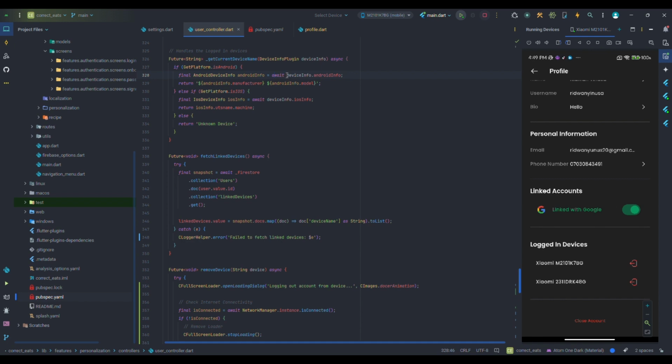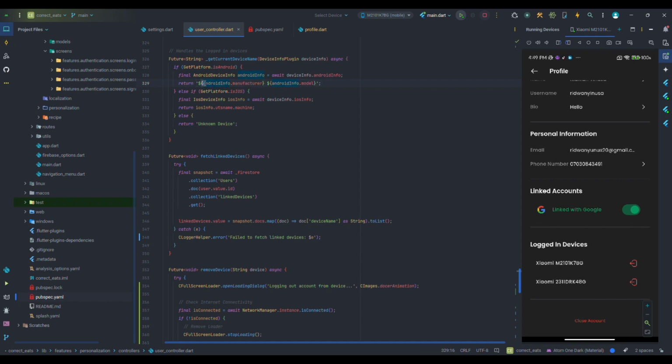Then we access the Android information. So we await this device info here, we call that, then we access that logic to get the information we need from that device. So here we just return that